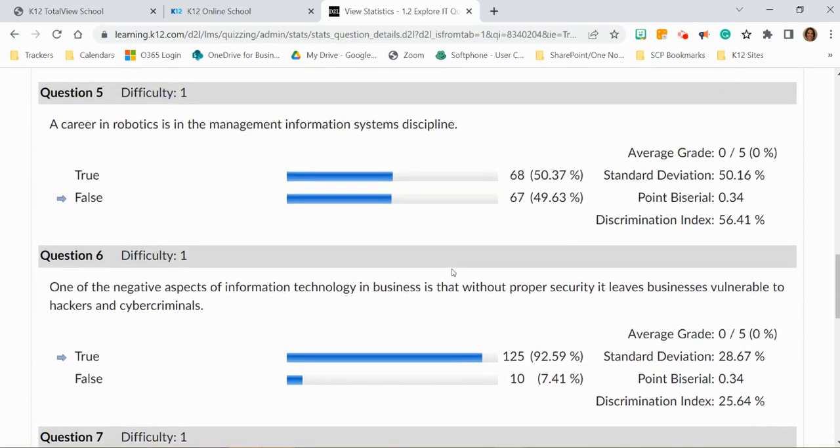And then the other question was question number 5, which was a true false question. And again, the kids were almost exactly split on this question, which was, a career in robotics is in the management information systems discipline, true or false. And so again, this is an area, it's almost similar to question 8, where it looks like we're looking into those pathways and determining which jobs do what functions. And so that may be an overall lesson, an overall remediation type lesson,